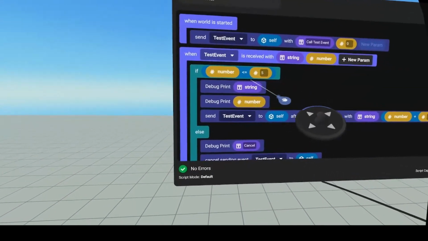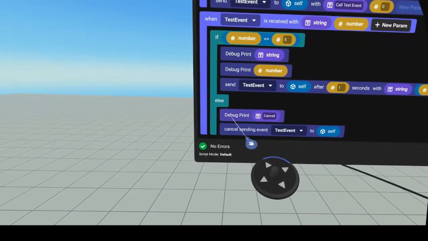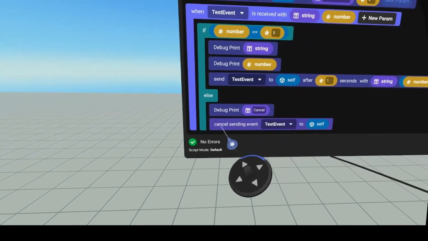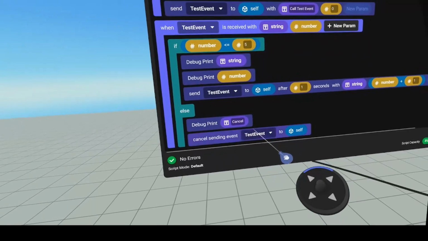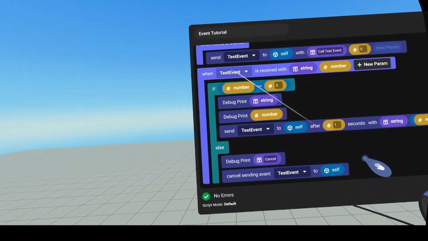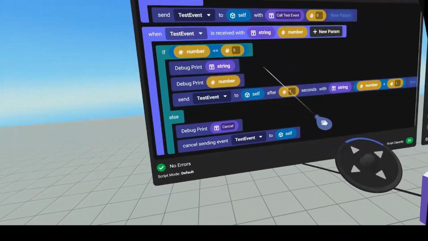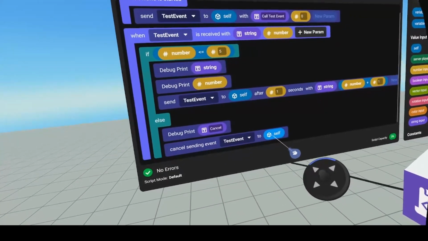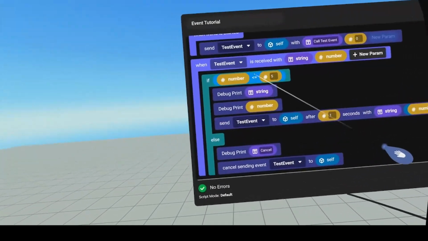When this is no longer true, we are printing cancel sending our event. Our event name is the same as our received event name, to self, which is the same object as our